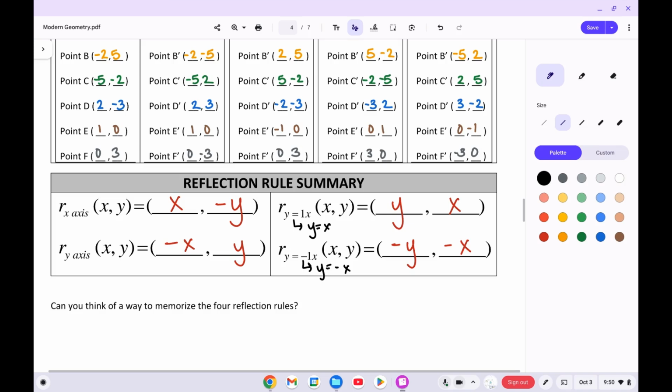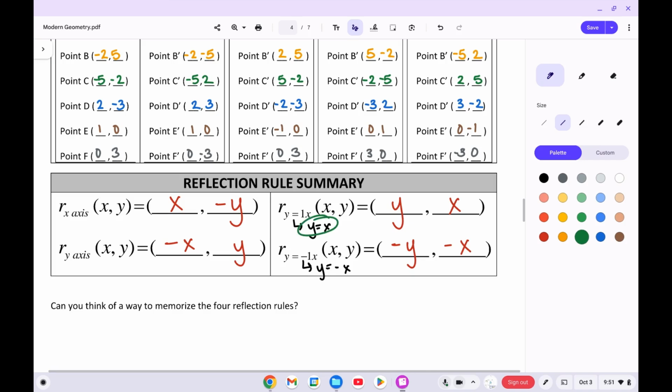What I look at is if I'm reflecting over the x-axis, on a coordinate plane, there's x's and y's, okay? So if I'm on the x-axis, then I think opposite letter, which is y. So I think, okay, the y is going to change, the x is going to stay the same for the x-axis. For the y-axis, the opposite happens. Y stays the same, the opposite, x, is going to change. And then for the y equals x, like when I wrote it, guys, down here without the 1 in front of it,